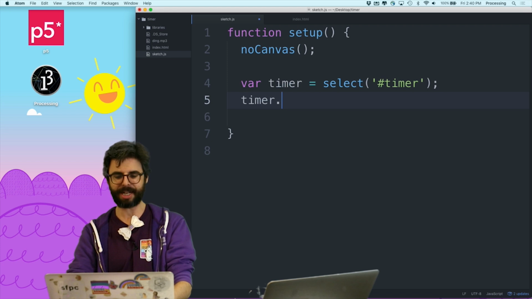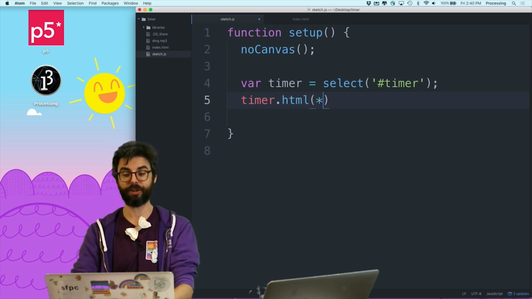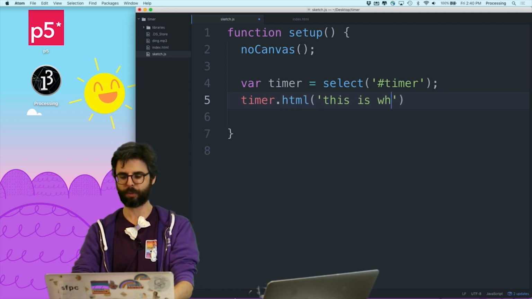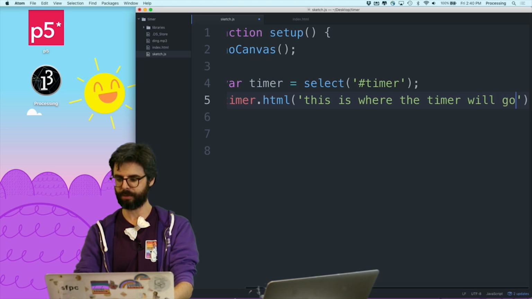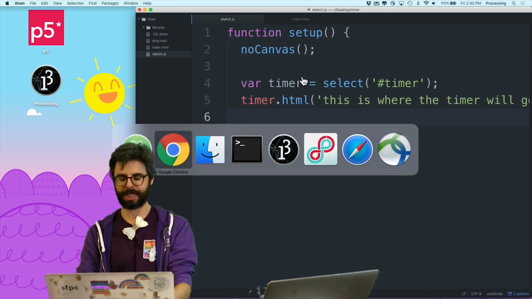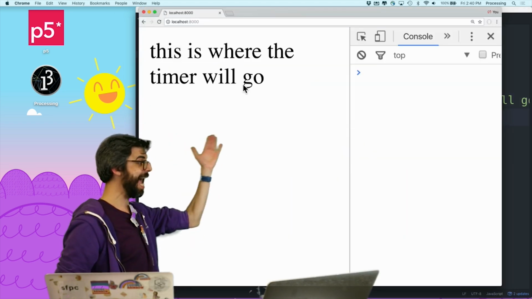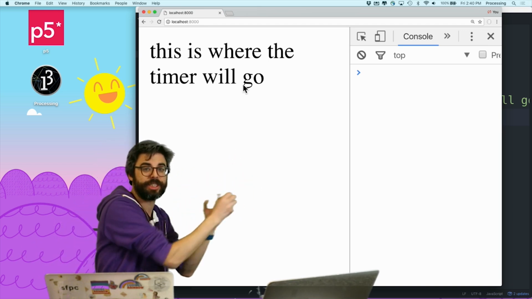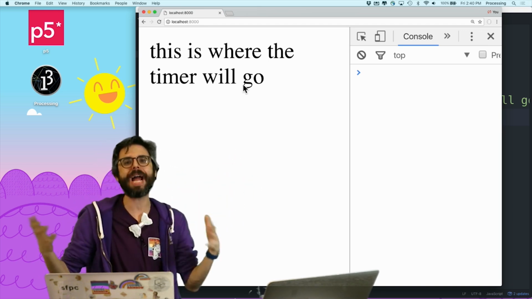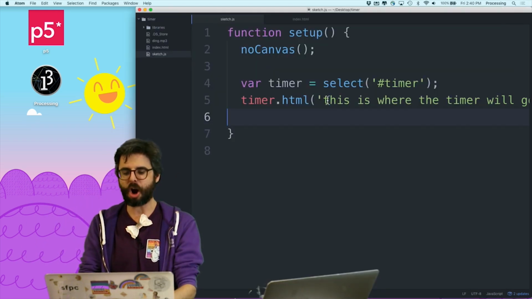And I can set its content by using the HTML function on timer and saying this is where the timer will go. So if we see this and I hit refresh, you can see now I inserted that text from my JavaScript program there. Now, what do I actually want to put there? Well, let's start with putting